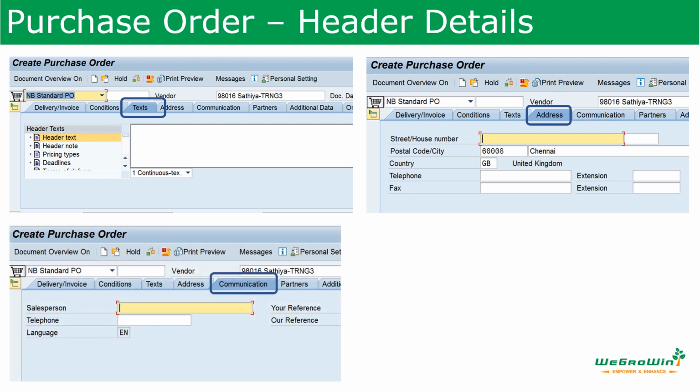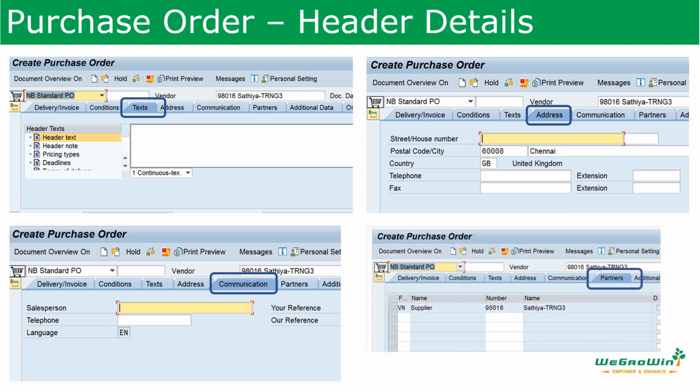Communication. In this tab, the purchase user can maintain the company's internal reference, like the supplier reference, which makes searching for purchase orders easier. And then partners. The default supplier function will bring out the supplier itself as the goods supplier as well as the invoicing party. However, if the parties differ, like the ordering party is different but the invoicing party is different, with